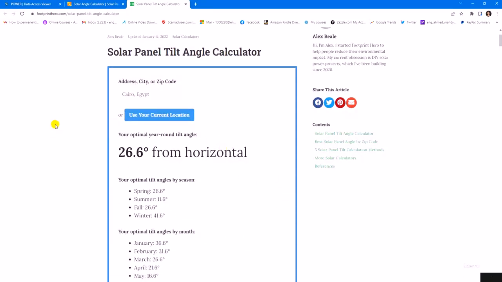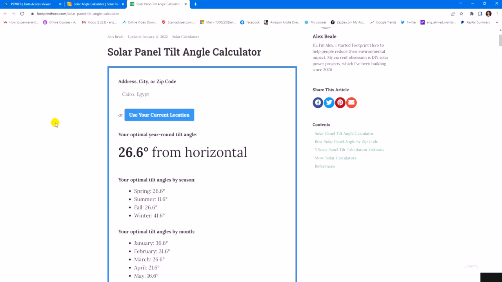So we discussed several methods, and even when you start working with the PV-SYST program, which we are going to discuss and which is used to design PV systems, you will find that we can have an angle which is different from this one too.